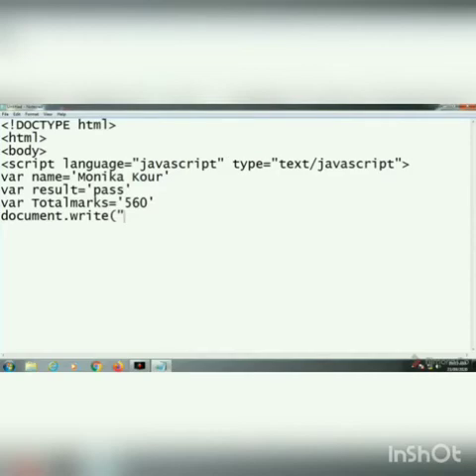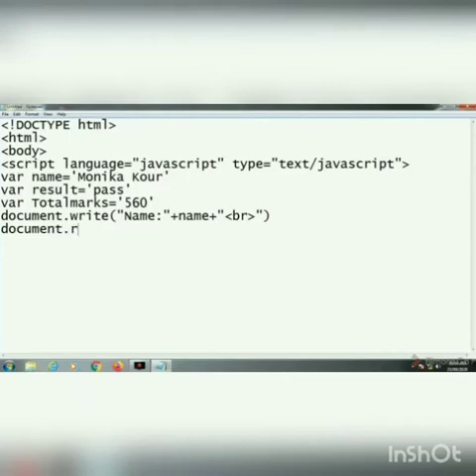Now the document.write. Document.write is a statement of JavaScript that displays a message or text on the web page, not in a pop-up window. Then the bracket, then after that I wrote name within the quotation. Quotation text is free to write because it is not a variable, but outside the quotation, that small letter name, you can see is exactly the same as how I have declared the variable name.